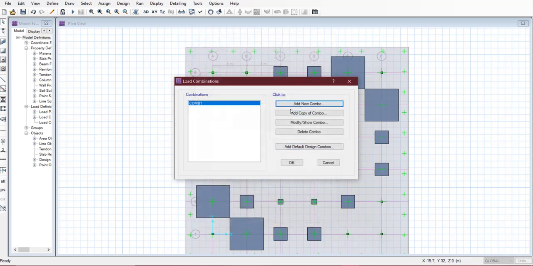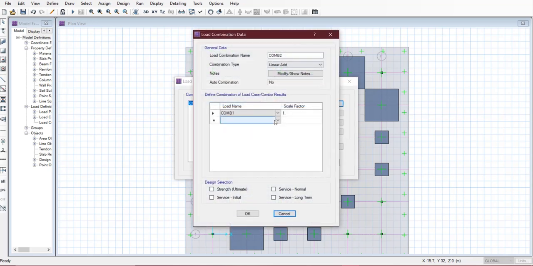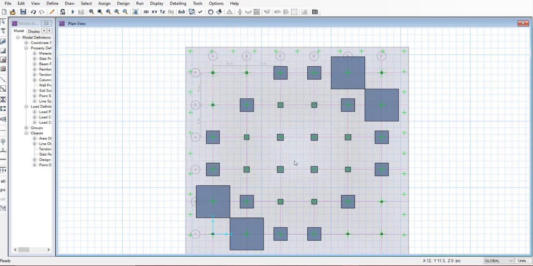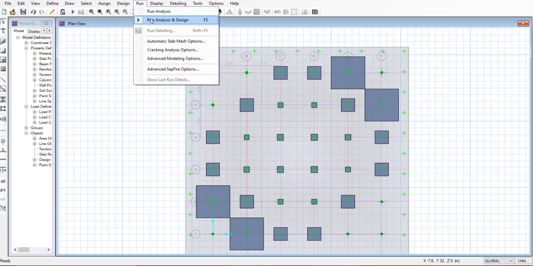This will be the combination 1, and in combination 2 select dead load scale factor as 1.5 and live load scale factor as 1.5, and select strength ultimate. Click on OK. Now everything is defined. Now directly run the analysis and design.